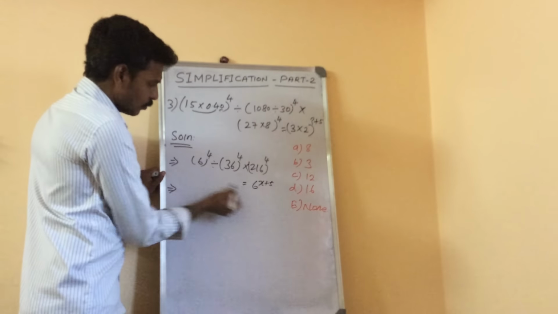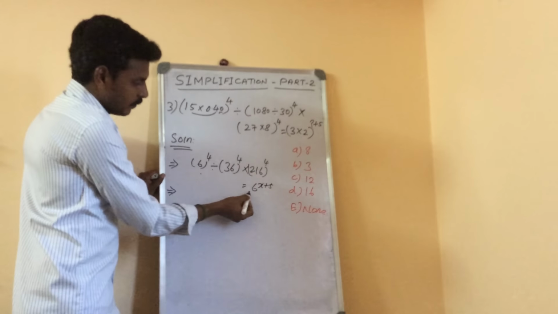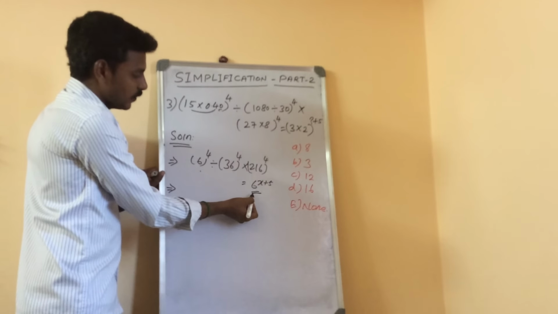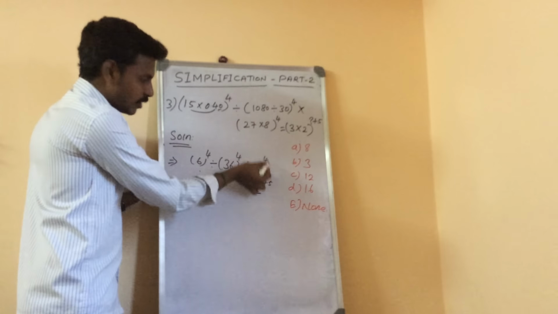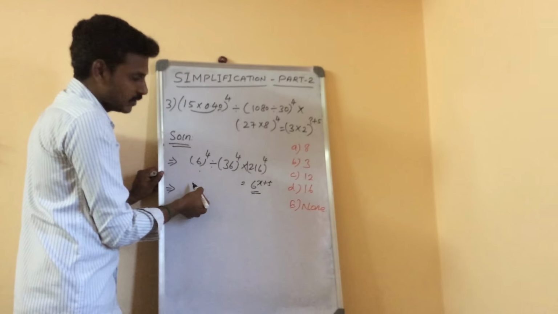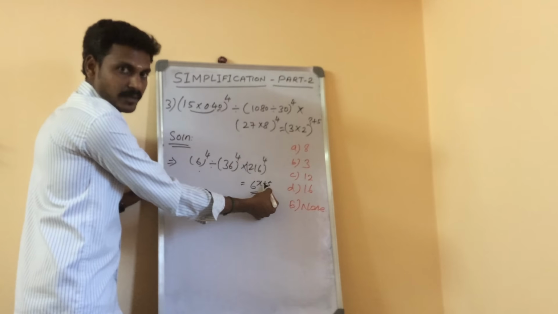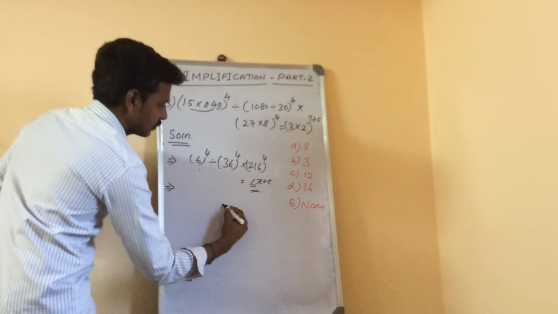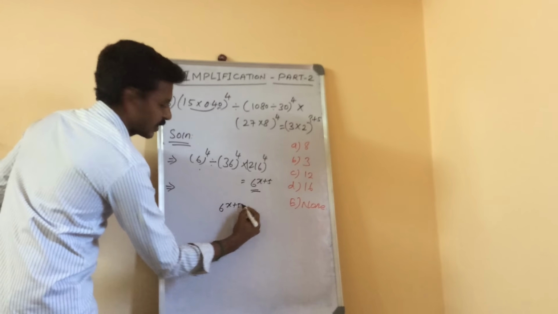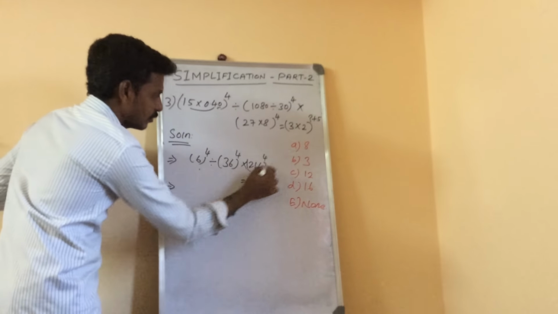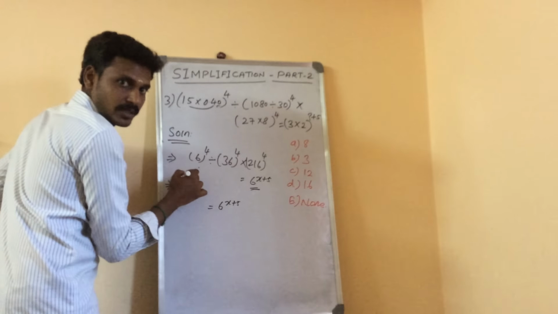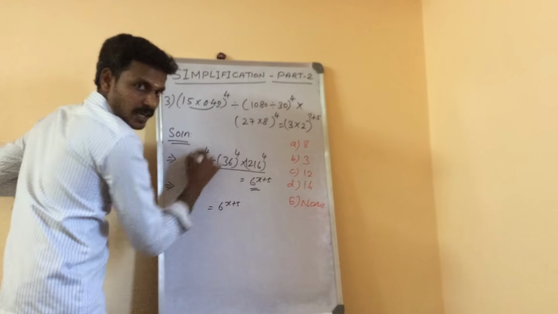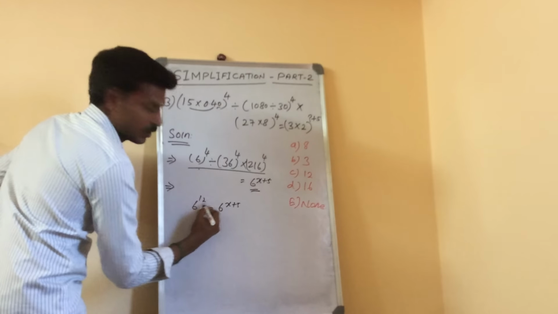So look at this step. We need to find the value of 6 power x plus 5. So we need this value to come with 6 power only. Then only we can identify the value of 6 power x plus 5. For example, here it is 6 power x plus 5, so we need to find this value with 6 power only. For example, concluding all the values, 6 power 12.